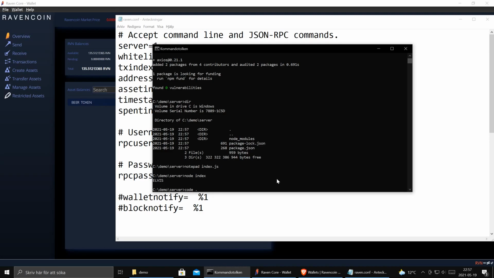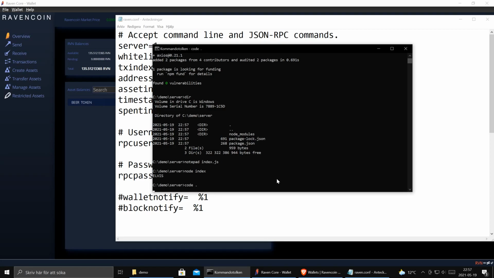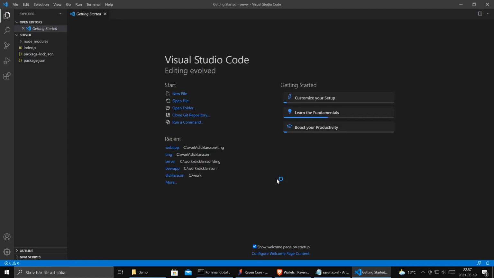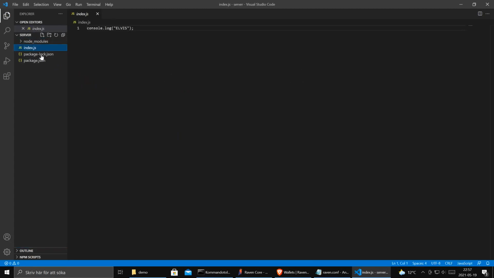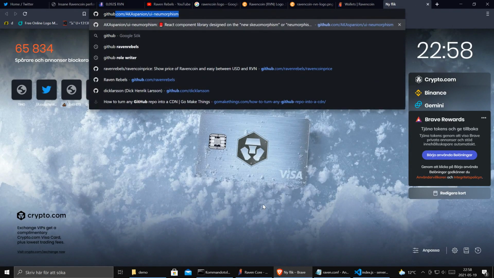I can mention that the Ravencoin wallet is free. Everything that we're using right now is free. It costs nothing. Even Google Firebase will be free. So now we have Visual Studio opened with our little Elvis stuff. Now we want to talk to the wallet. How do we do that? Well, we go to